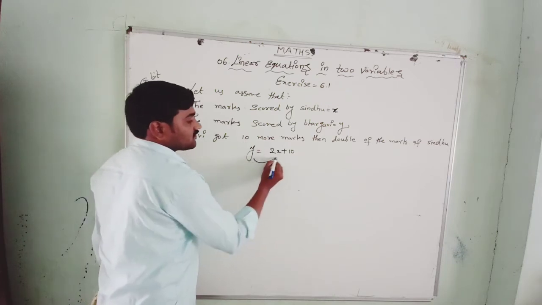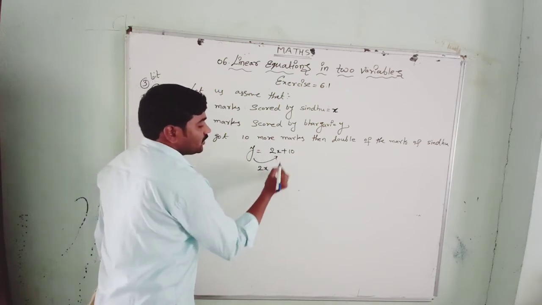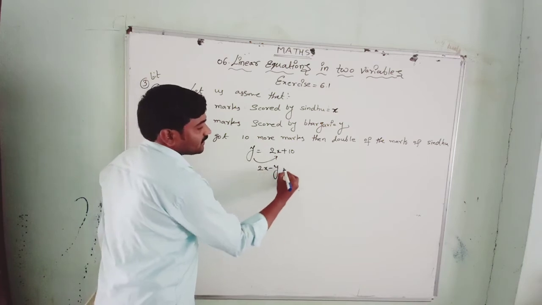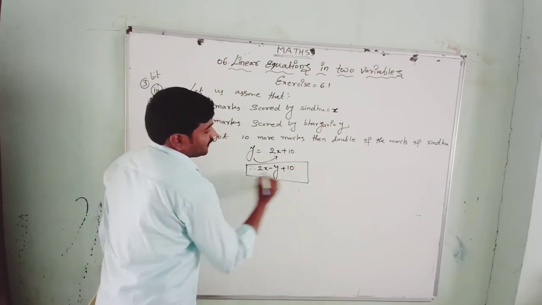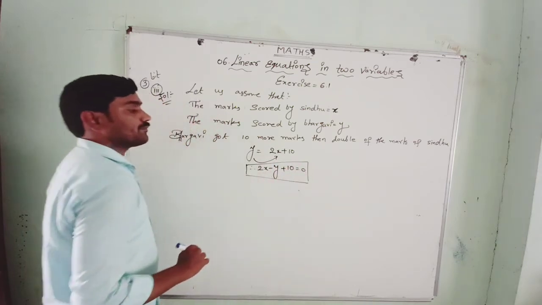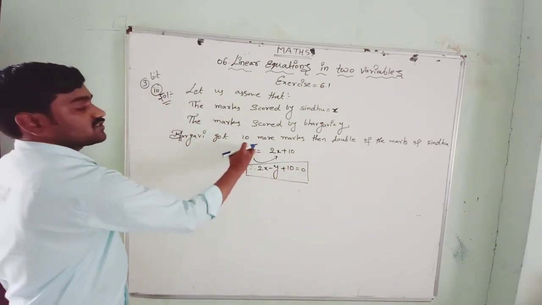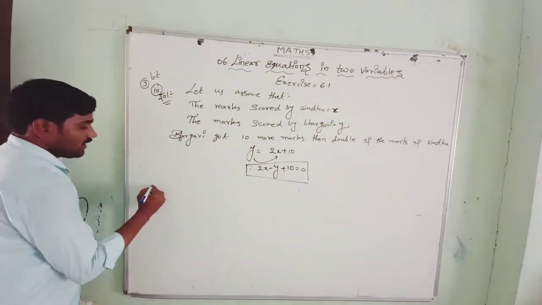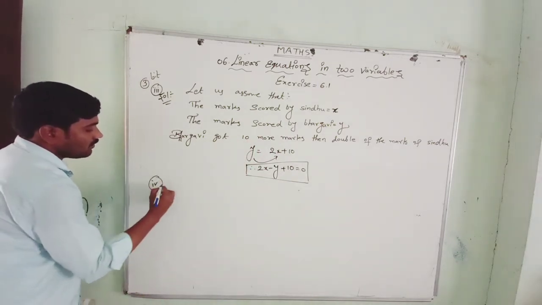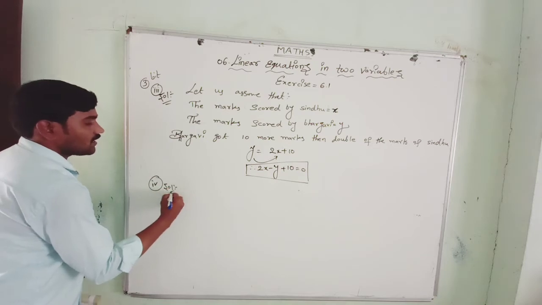So this plus y also we will bring to this side. So what will we get? 2x. This plus y becomes minus y. Plus there is a 10. That equal to 0. This will be 0 completely. This y we brought aside. There will be 0 left on this side. Now we go for the fourth solution.